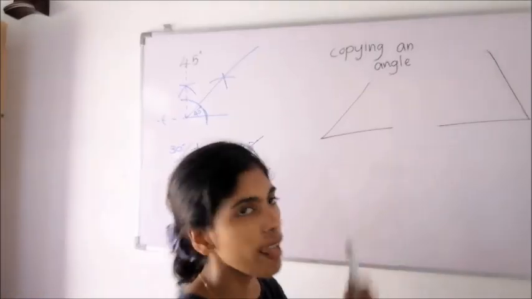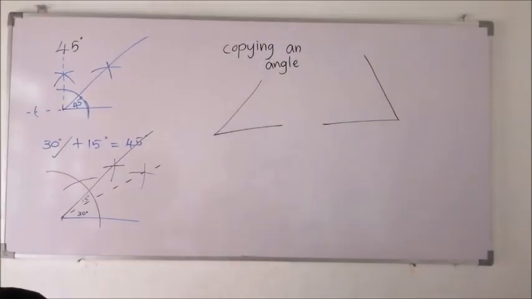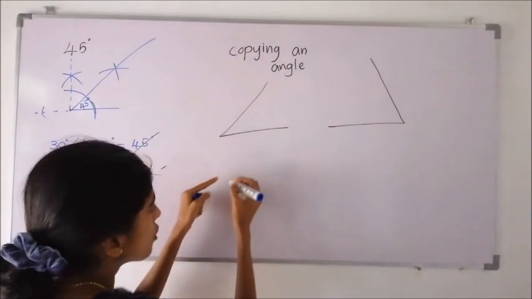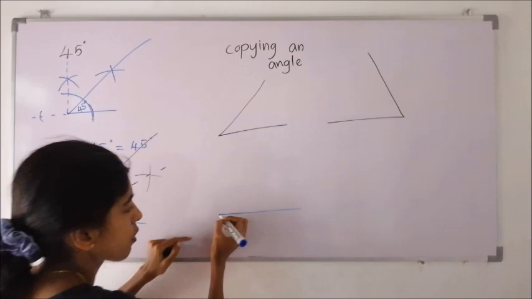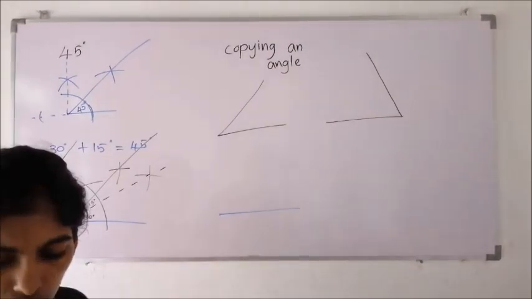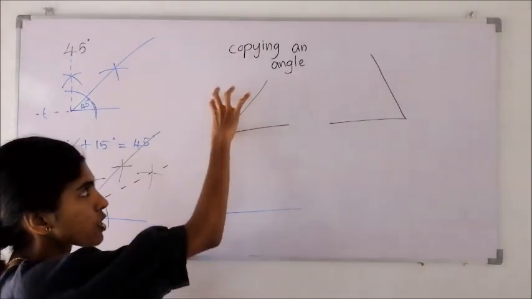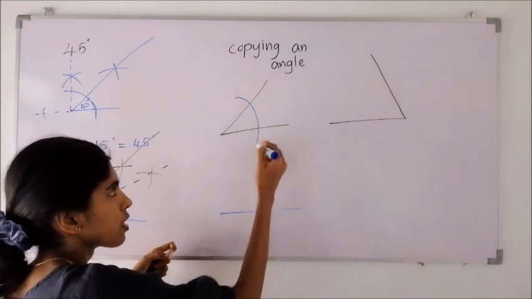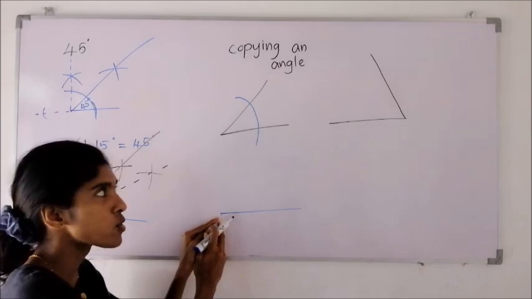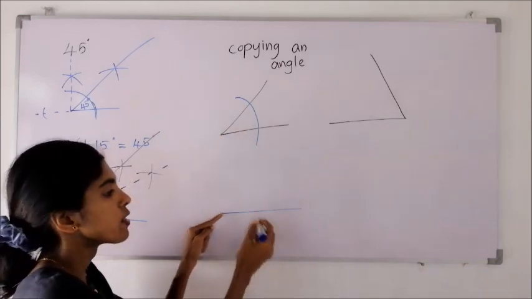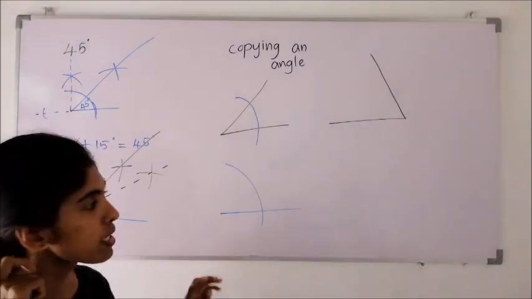I have drawn two angles to be copied, but I haven't drawn any arc in these two diagrams. Okay, firstly, draw a line down like this. I'm going to copy this angle here, right at this point. Now children, get the compass, open it to any distance that you want, keeping the middle point here, draw an arc. Now without changing that length, go to this point. From here now you want to copy this angle, draw the same mark here, right? The size shouldn't be changed, remember that specially.